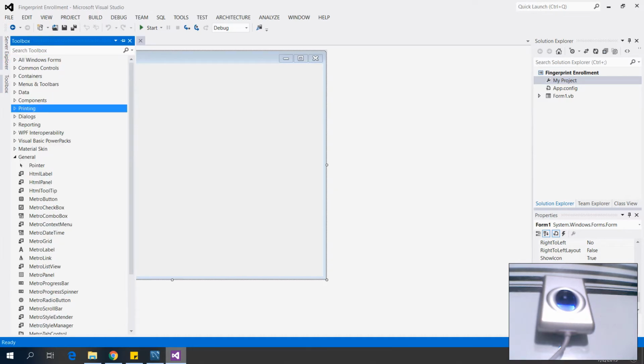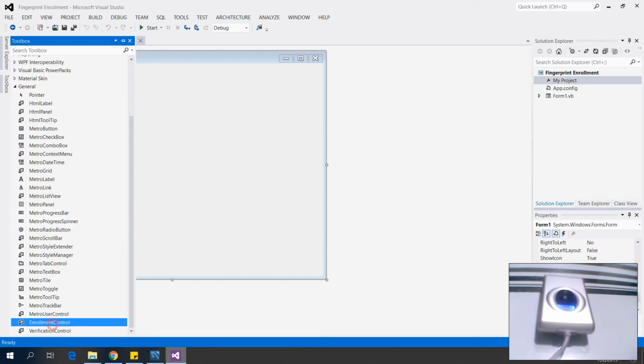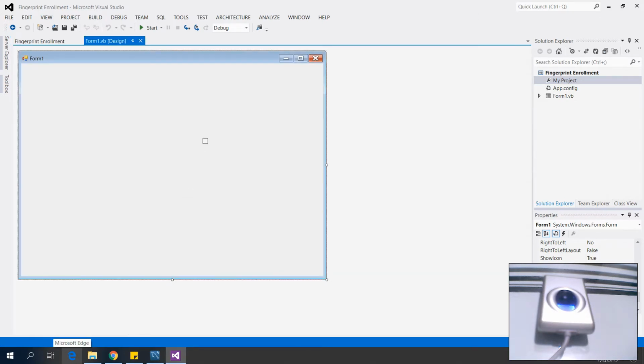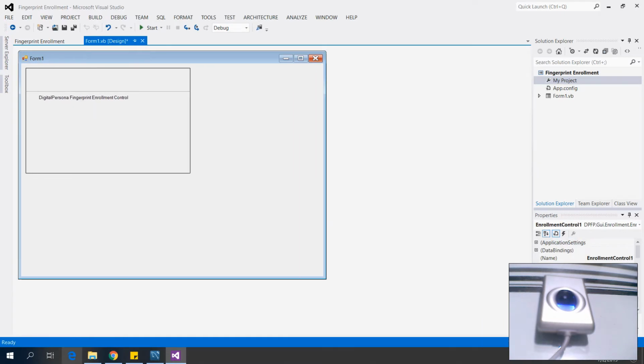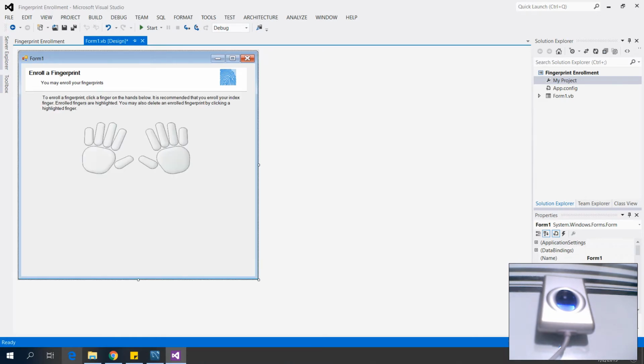Okay, under the general here, you can locate this enrollment control and verification control. So now let's add this enrollment control here in our form and then resize it,